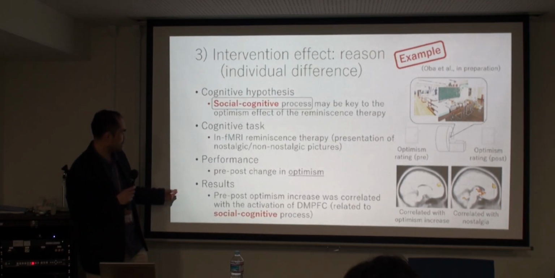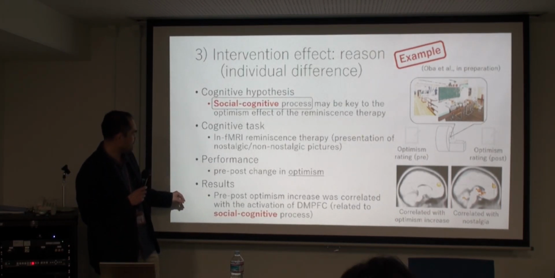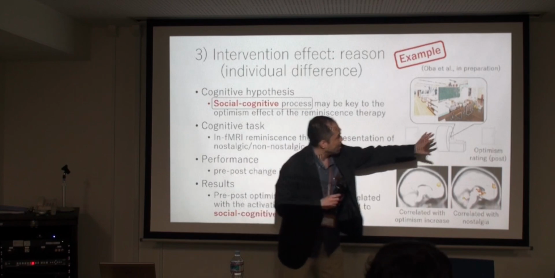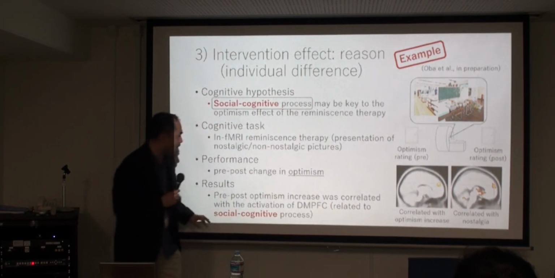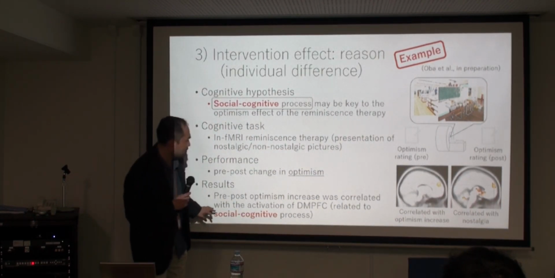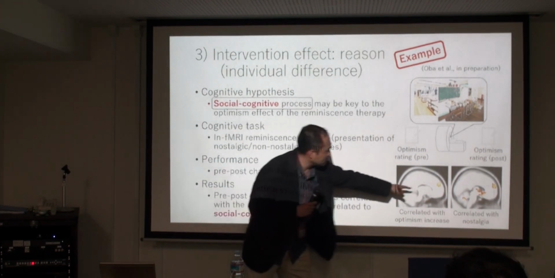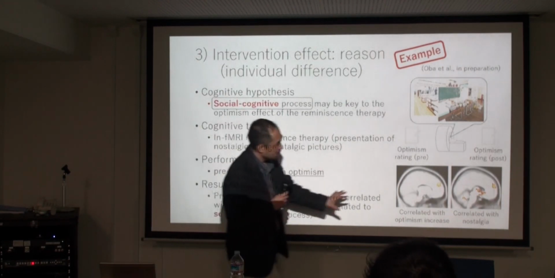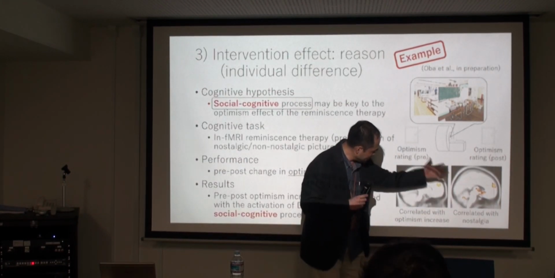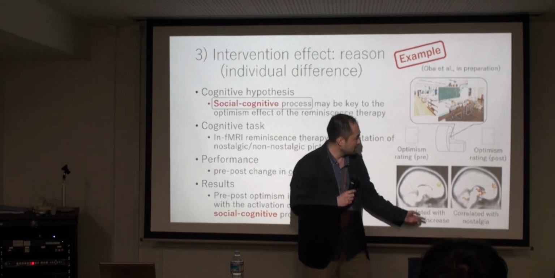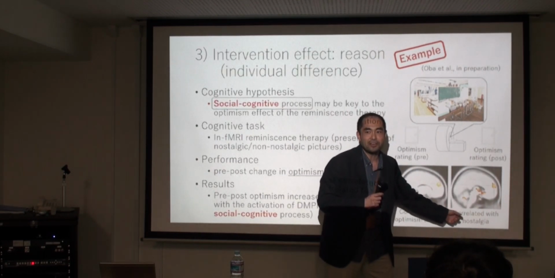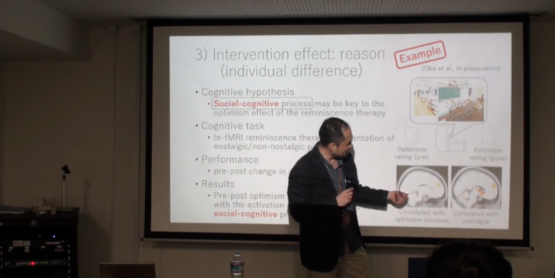And we performed the correlation analysis between this change of optimism and activation during this intervention. And we identified that the correlation was in this dorsomedial prefrontal cortex. So this is a correlation with optimism increase. This result is a correlation with nostalgia of the picture. So what is interesting is that